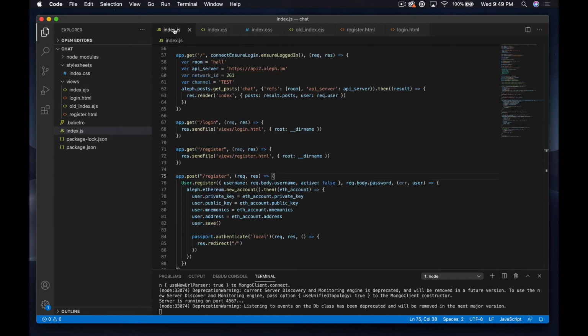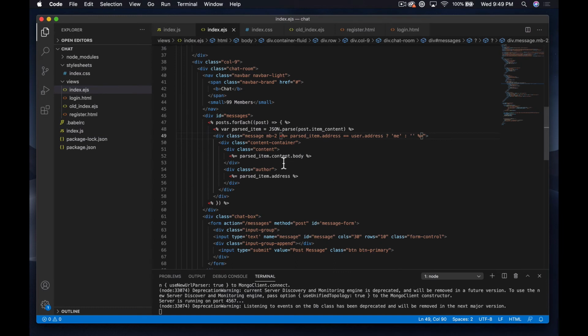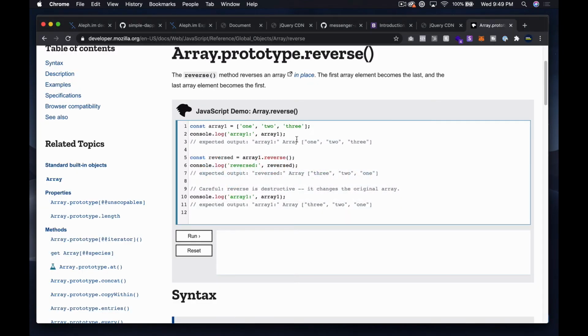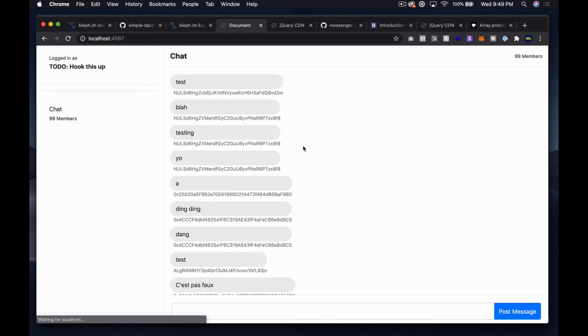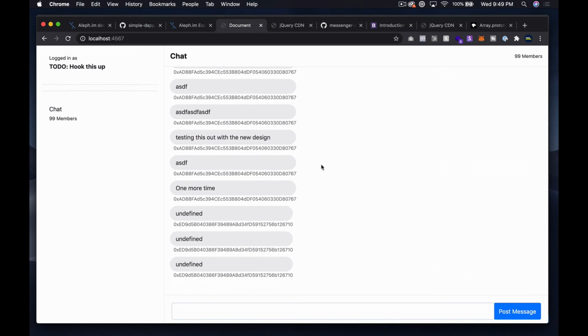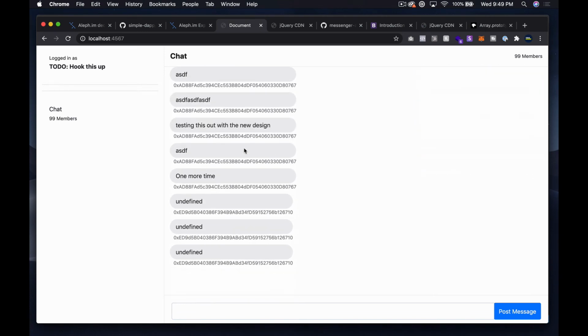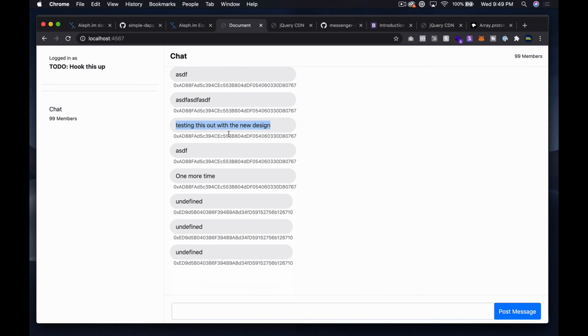So let's go to index. So we can say post dot reverse dot forEach. I'm not sure. There's probably a better way to do that. But let's go ahead and reverse it. I've got some of this that is actually me though. Why? So these are coming in